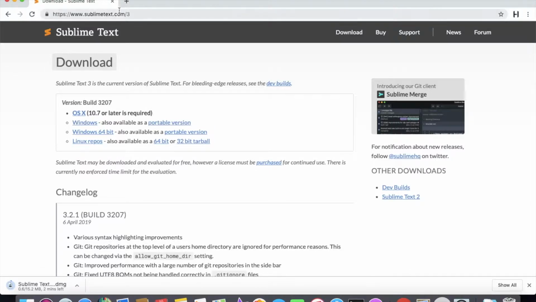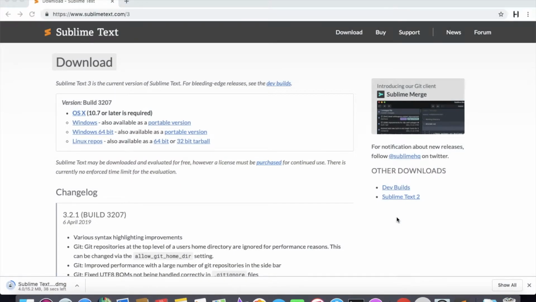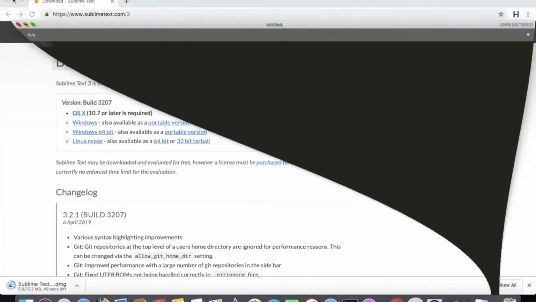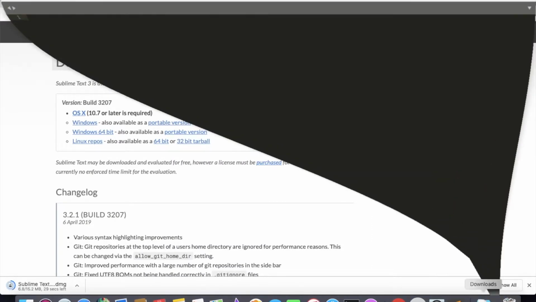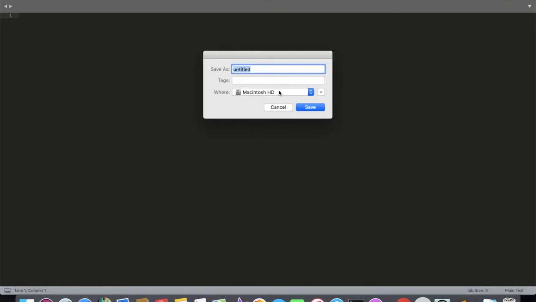It's going to take some time to download, but I've already got it, so I'm just going to go here to Sublime Text. Here we go. Alright. So, once you've downloaded it, open it, like I have done, and do Command S if you're on Mac, or Control S, and we're going to save it as